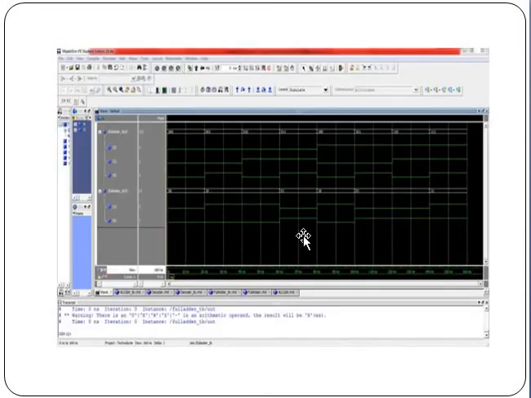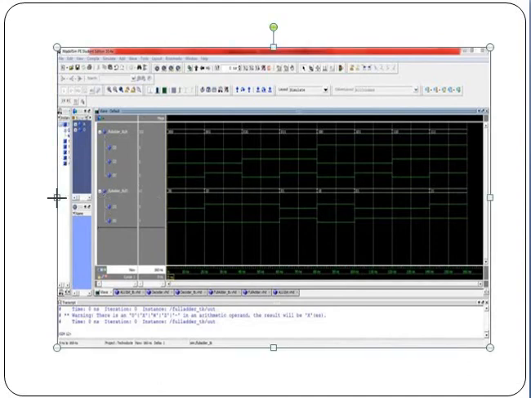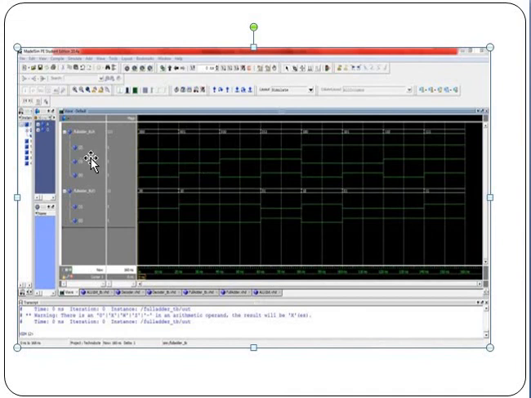And these are the waveforms which are generated. We can clearly observe that A has the first four inputs as 0, and the next four inputs as 1. For B, we have taken the first two inputs as 0, the second two inputs as 0, the third two inputs as 1, and the fourth two inputs as 1.